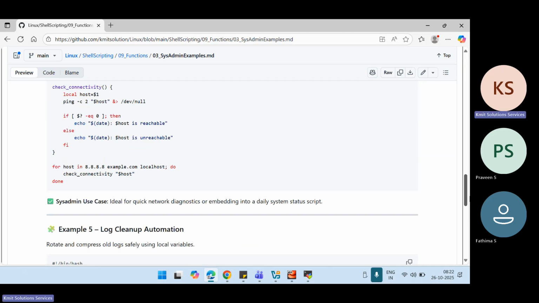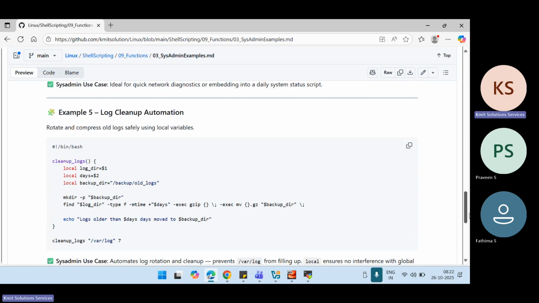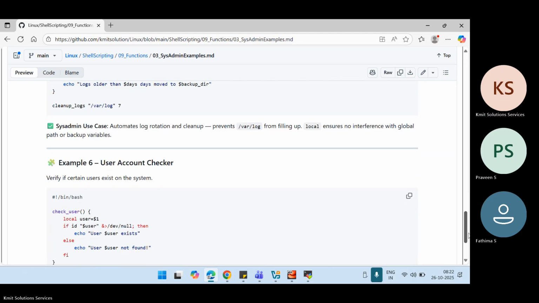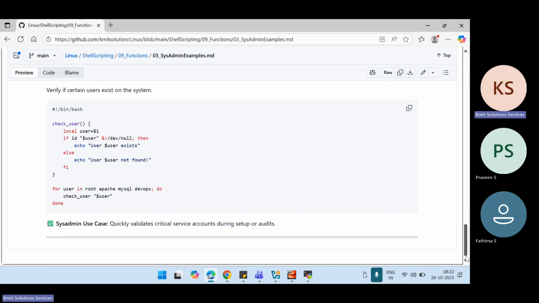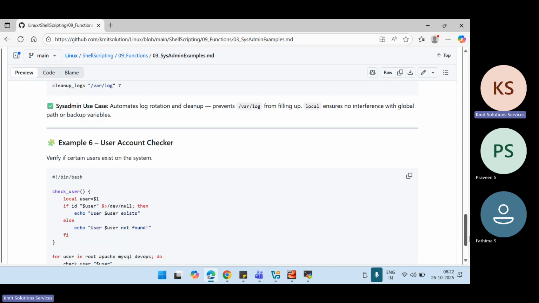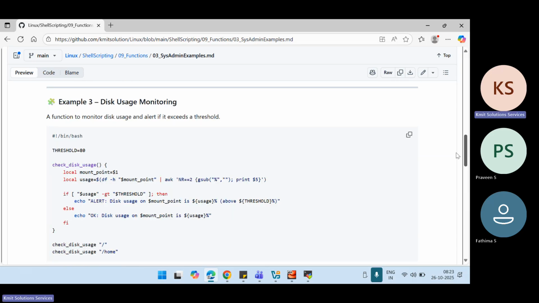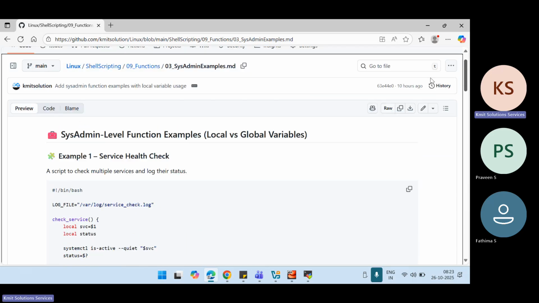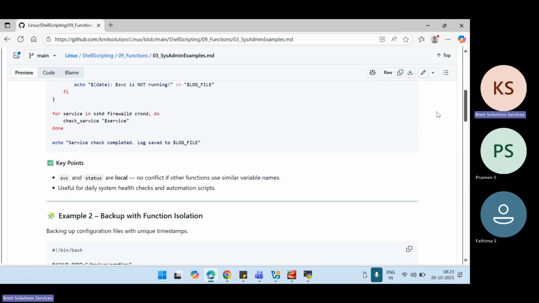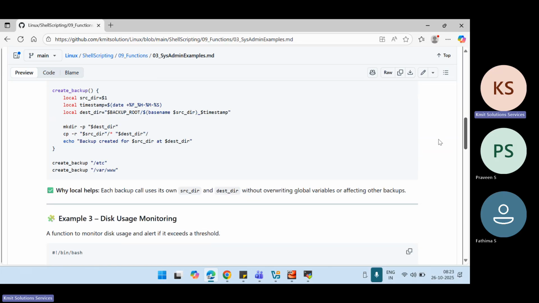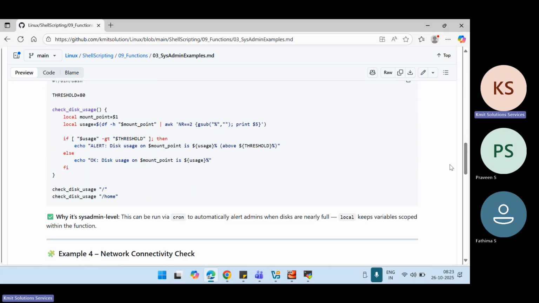So I would suggest the rest of the examples you can try by yourself, right? These are the system administrator level examples. If you try yesterday's and today's lecture, it will make you very comfortable to write shell scripts. We will further discuss other things, but